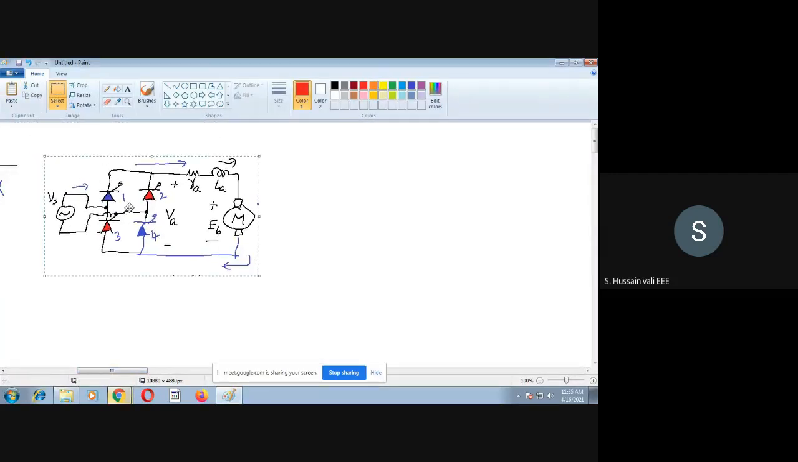Now what you are asking is whether we need to commutate 1 and 4. That is the question. So now we see whether we really require this commutation, that is, whether we require forced commutation or whether it will get commutated naturally. You see for yourself. When 1 and 4 are conducting, there is a current in 1 and 4. So when you trigger 2 and 3,